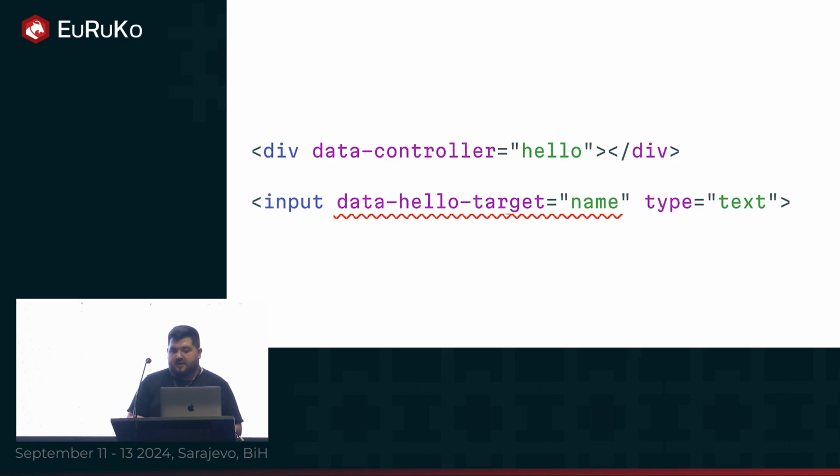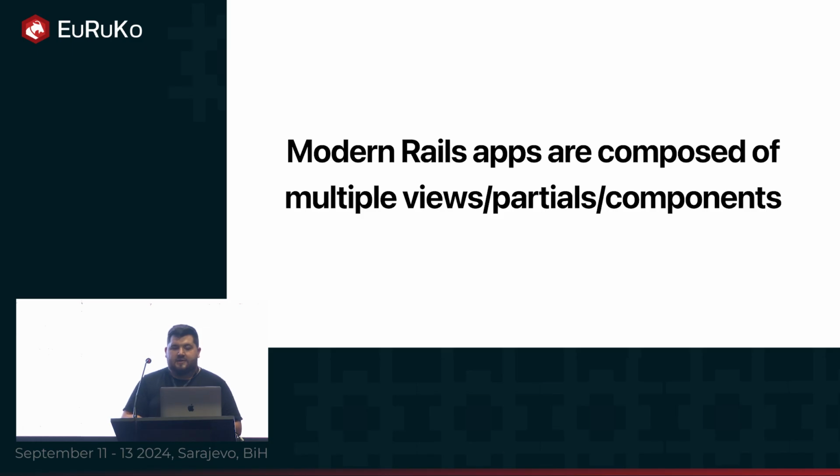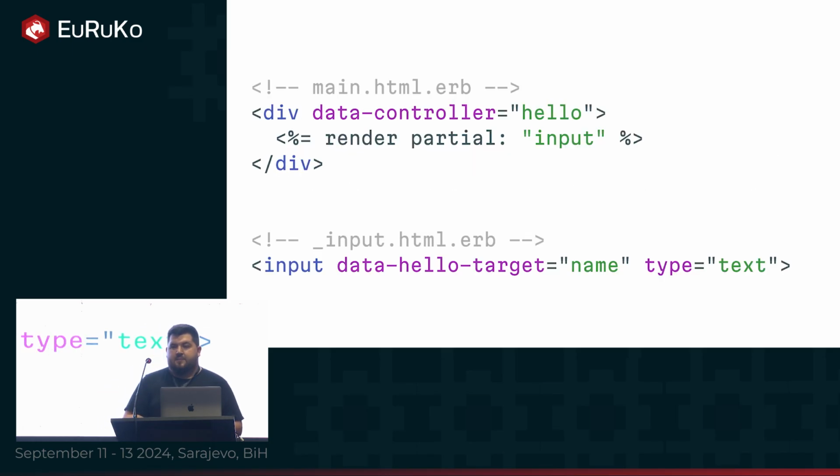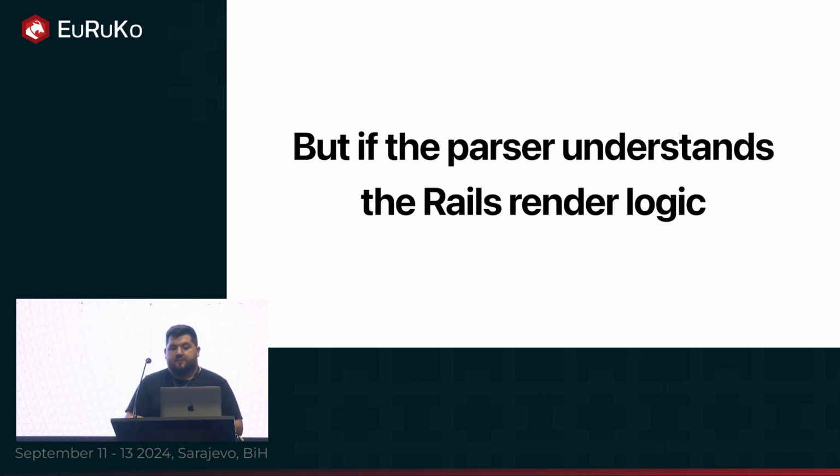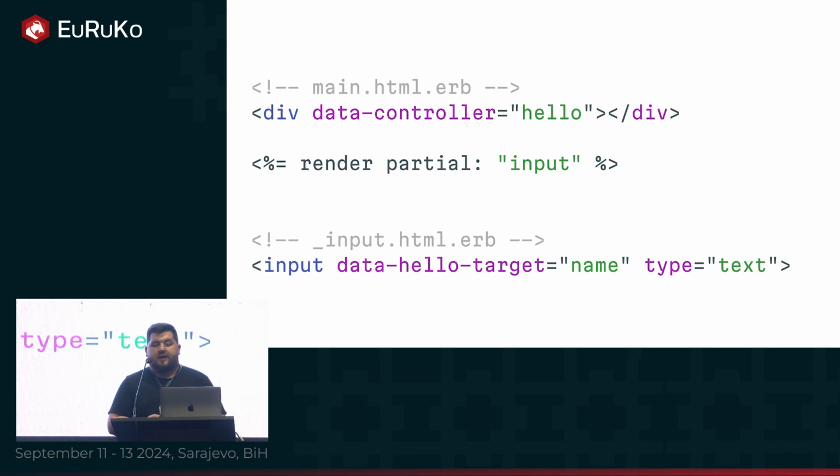We could do that. But realistically, modern Rails apps are composed of multiple views, partials, components. And what might end up happening is that you have the controller in a different file than the target. And there's no way for us to really traverse these views, how they relate to each other. And it makes it really hard for a tool like an LSP to understand how these files relate to each other. But if the parser would understand that logic and how that works, we could even provide diagnostics across files,